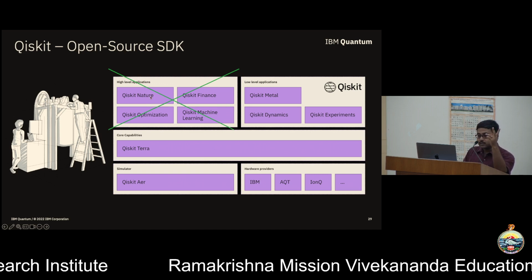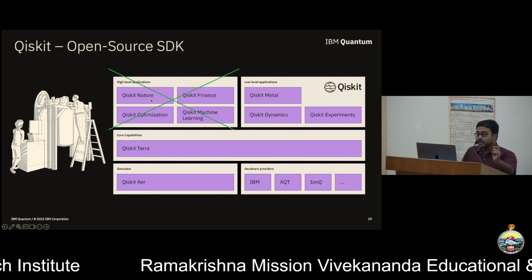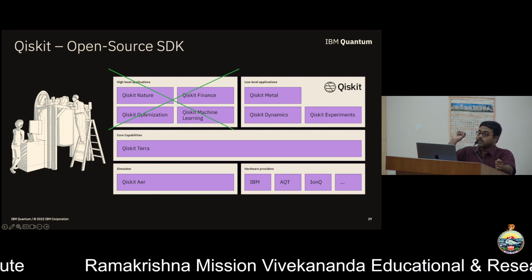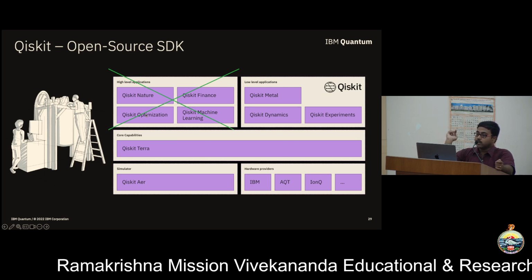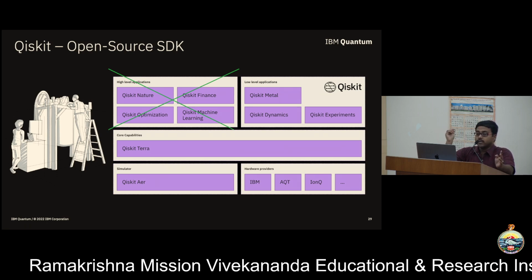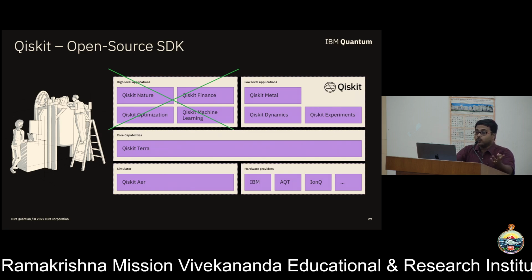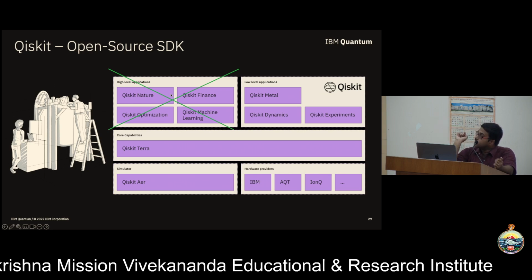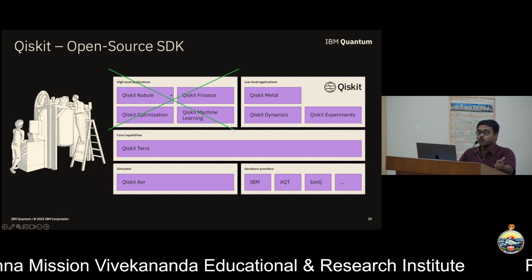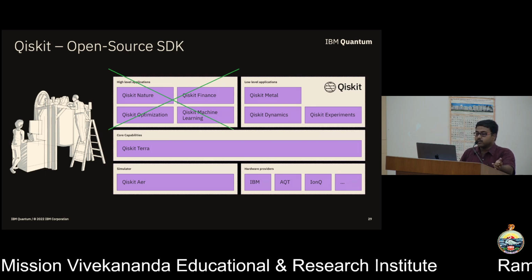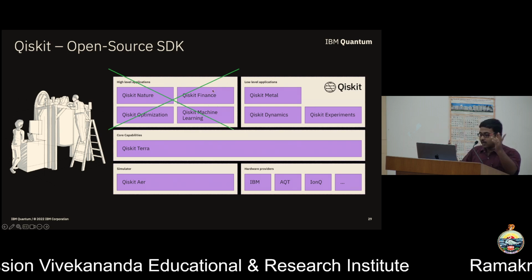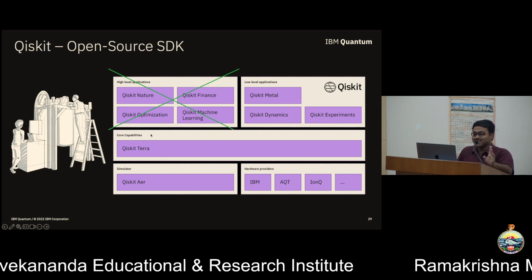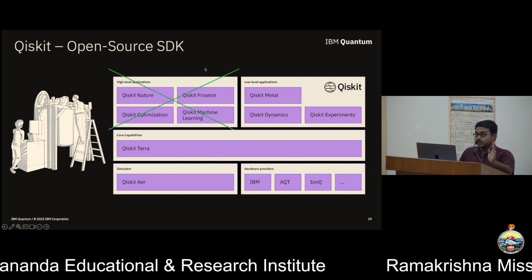There are packages for simulating nature if you want to do chemistry problems, machine learning problems, finance problems, optimization problems. There are packages for each of those that you can use, and all these encodings and things that I was talking about, everything that we know till date, you can directly use from these packages. Just import and use. The reason I have crossed it out is IBM is no longer maintaining those things. The third party people are maintaining. So if you run into some trouble, we will say that we don't maintain it. But I mean, this is still good, and clients really use it.